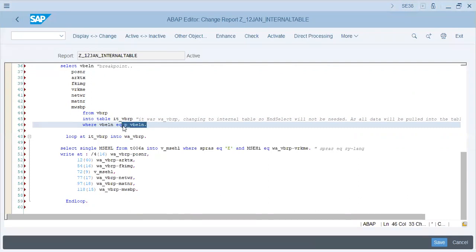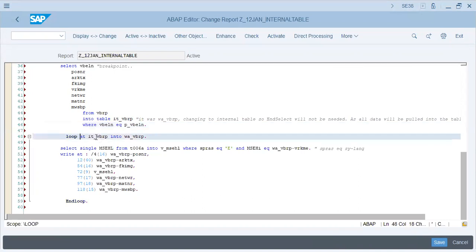PVBLN is the billing document, and it will fetch all this from this billing document. Loop at ITVBRP internal table into